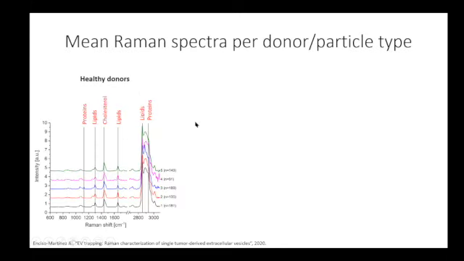And here I will show you some average Raman profiles that we see, first from the healthy donors. We see that most of the particles that we are trapping are actually lipoprotein particles, as we had expected. Still, there is some variation between the healthy donors in these Raman fingerprints, and that is already interesting, because that can depend on many things. It will be nice to profile these particles and dig in more detail to see what kind of lipoproteins are there, or the heterogeneity of these lipoprotein particles, for instance.